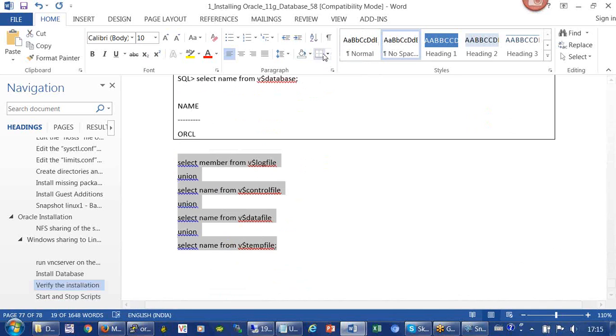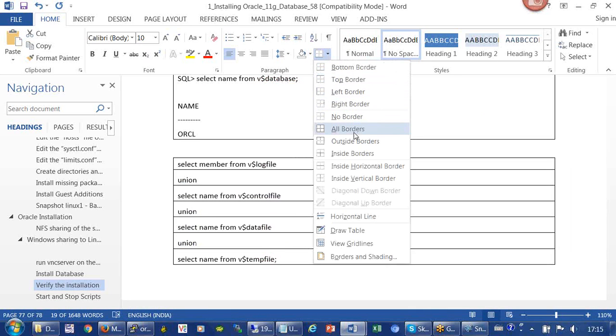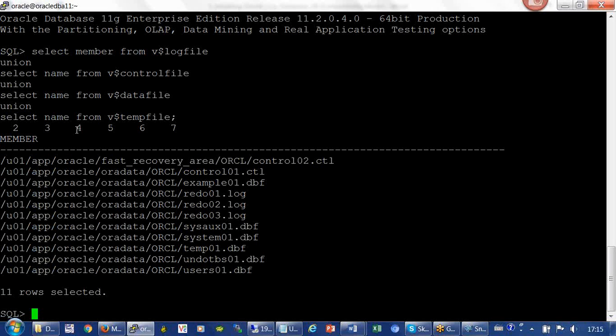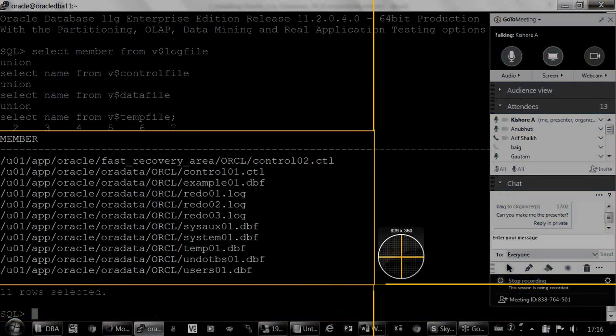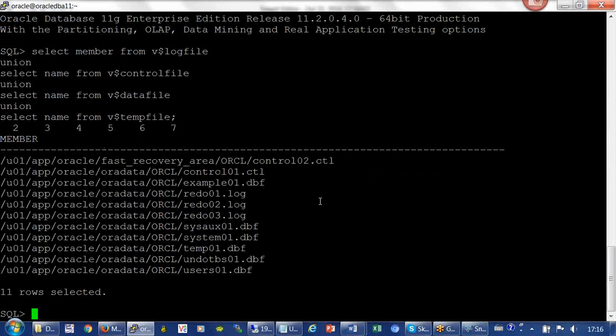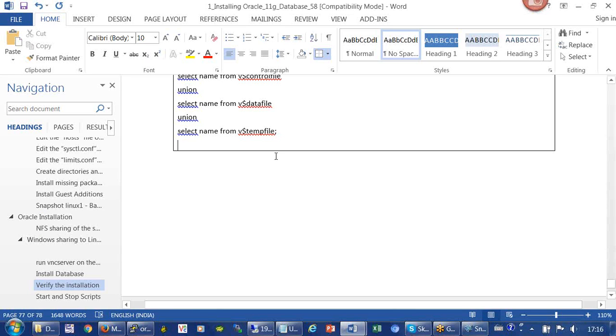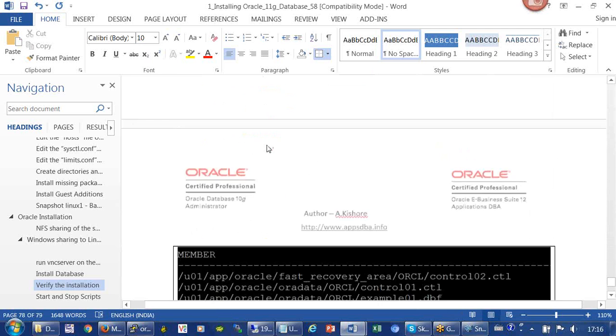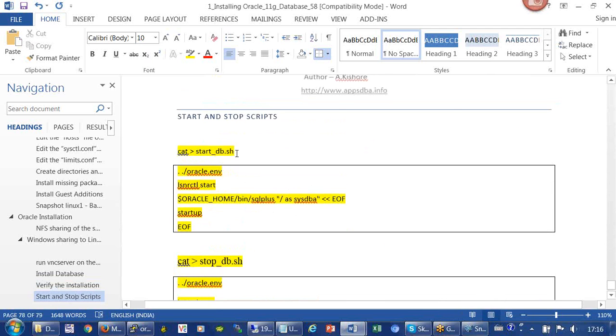So no spacing, put a bracket of it, outside parameter. What it's going to show you is all the data files and control files required for a simple database. But there is so much to learn, especially for people who are entering the database field. So here we have entered it, and the next scripts I have done are